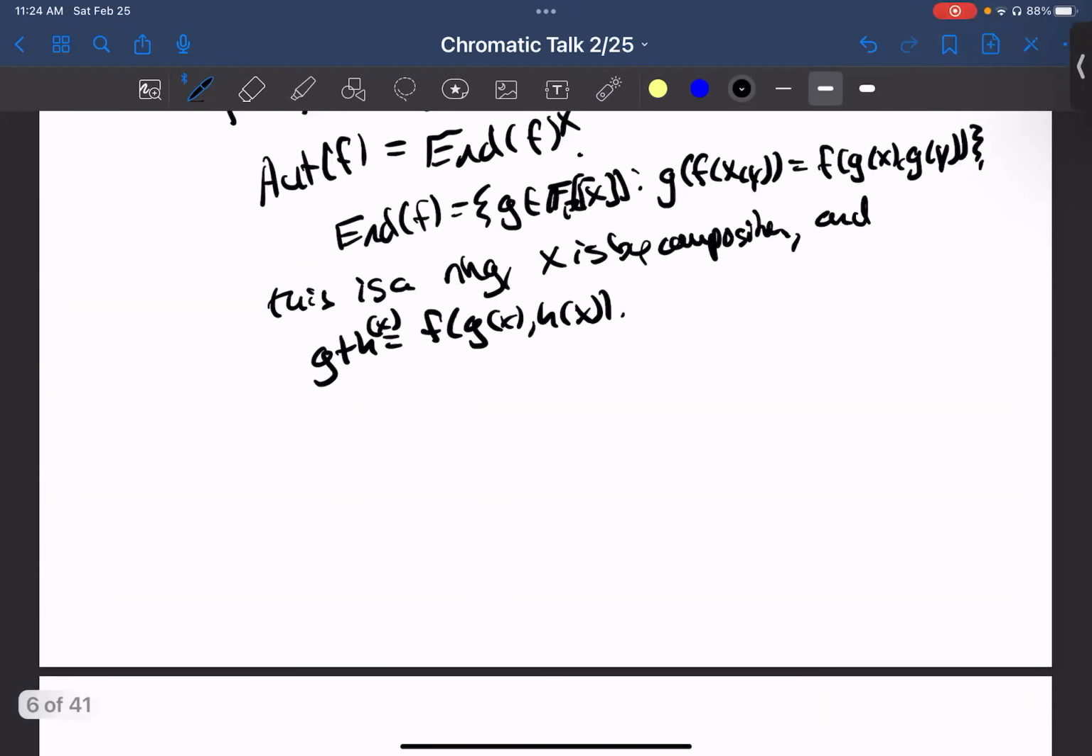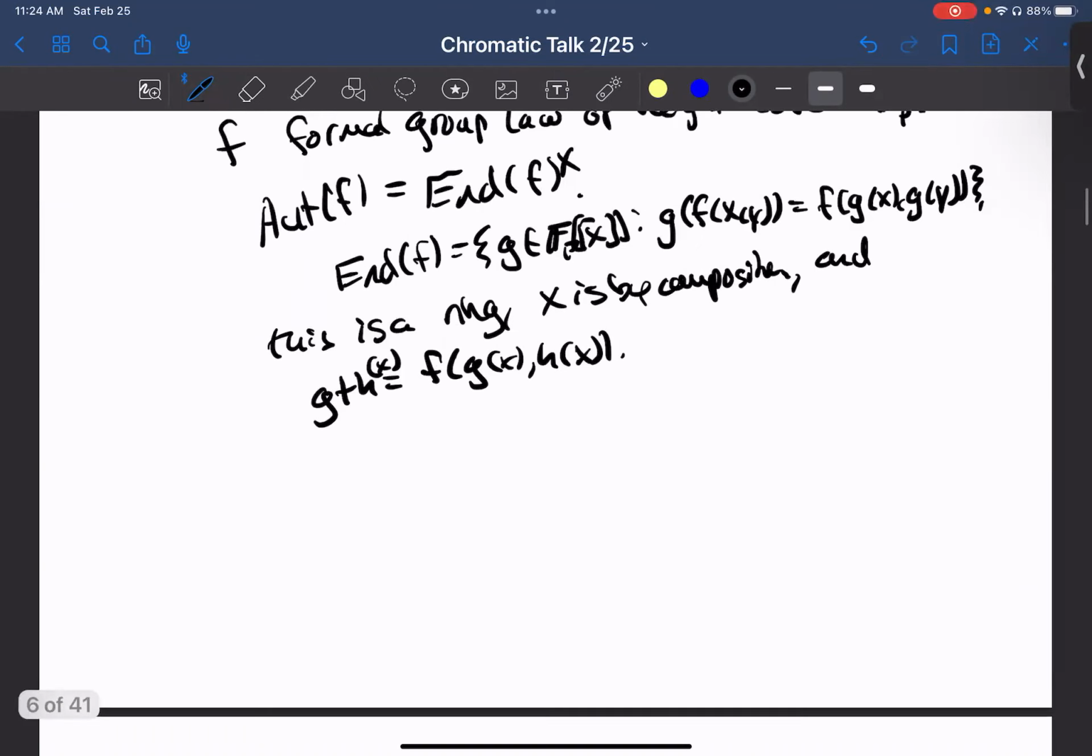Okay, so we reduced to wanting to understand this ring here, End of F. And so recall that we have our Frobenius. So we're going to call this pi as an element of End of F. So pi is going to act by pi of F(x,y) is equal to,